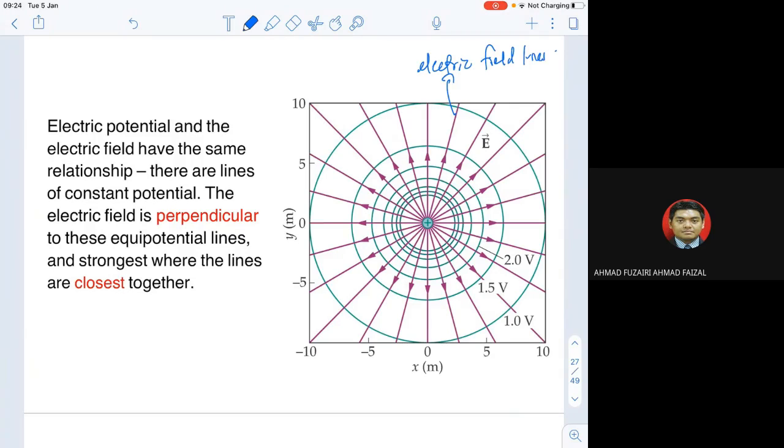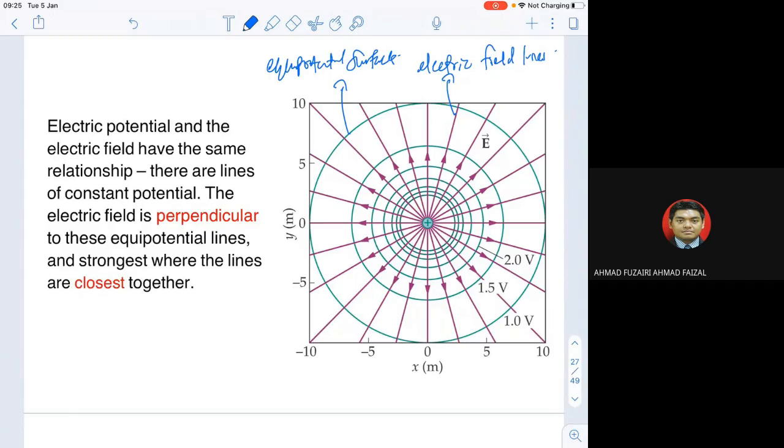Because of the positive charge, the electric field lines are going away, going outward from the positive charge. And if we draw a negative charge, the electric field lines point towards the negative charge. They are not going away. But the one that we want to talk about today is the equipotential surface. So what is the equipotential surface? You look at the green color line. The green color line is here. So this is the equipotential surface.